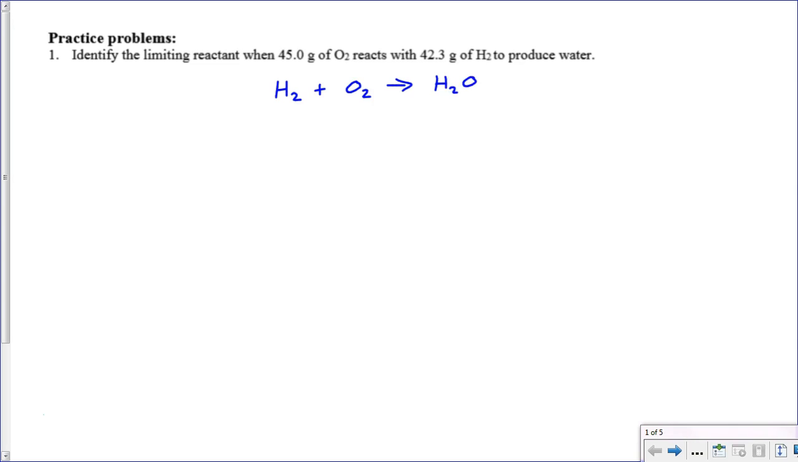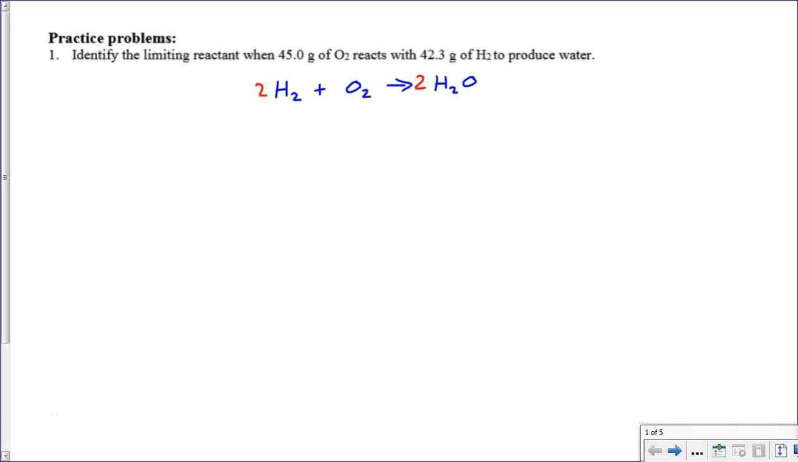All right, so we've written our chemical equation. The next thing we need to do is balance it. To balance it, I'm going to put a 2 here and a 2 here. Okay. And then the next thing we're going to do is convert each of these masses that we were given in the beginning to moles of one of the products. In this case, there's only one product, water, so we'll convert from grams of our starting materials to moles